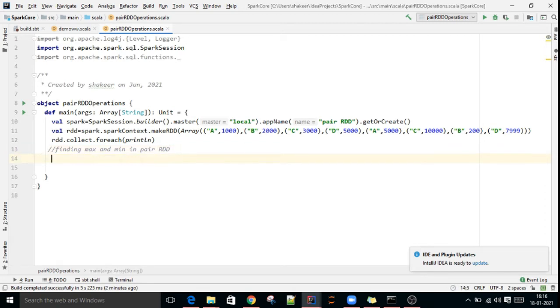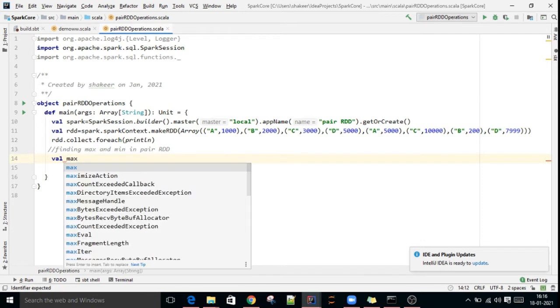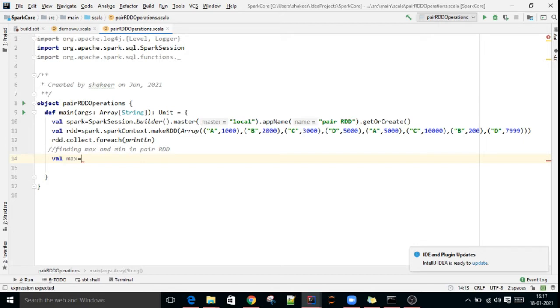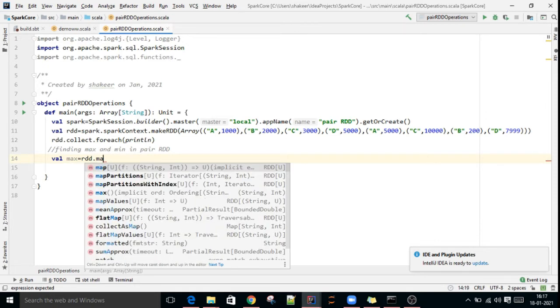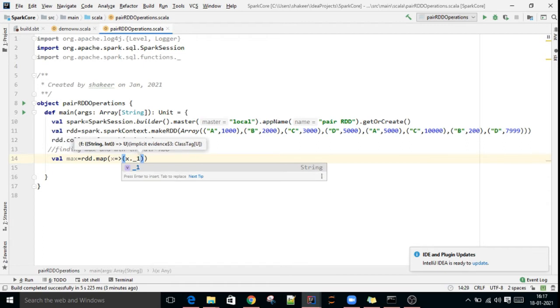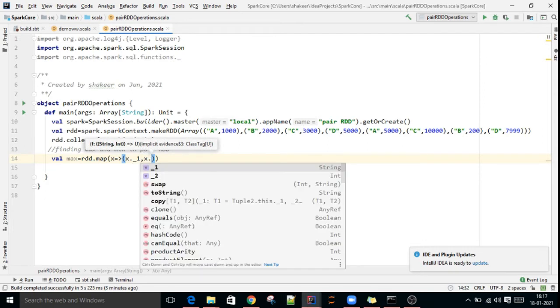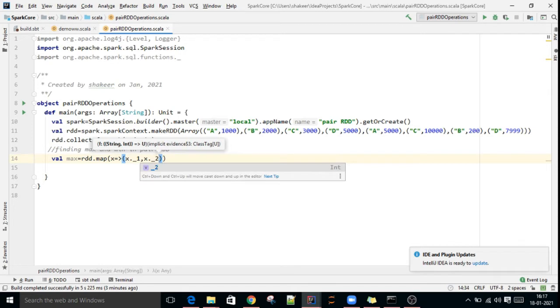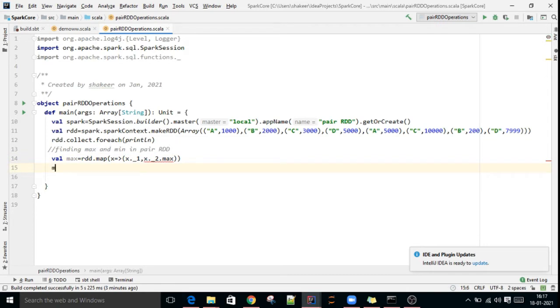How to do that? val max equals rdd.map of x such that x._1, the key, and again x._2.max.